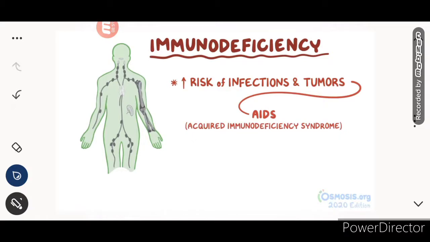immunodeficiency syndrome. So basically, a normal cold can be converted to pneumonia, and a normal cough can convert to TB, because the patient is immunodeficient, the immunity is compromised, so it can't fight the bacteria as tough as it was fighting before. So some simple disease can be converted to a big complication and can be fatal too.